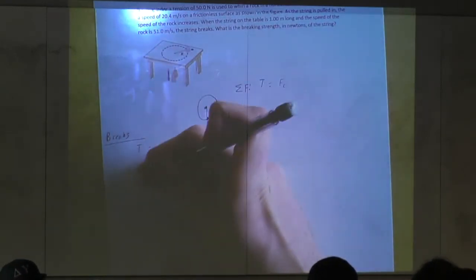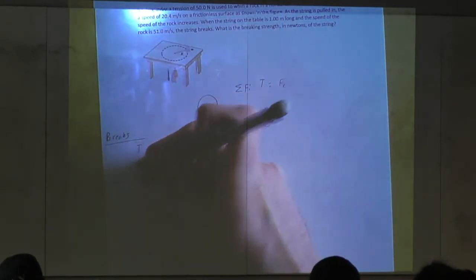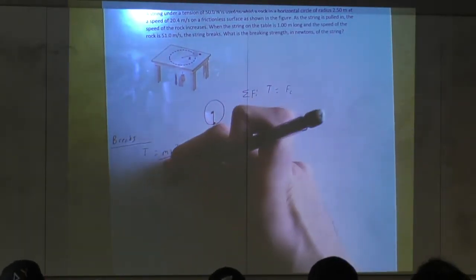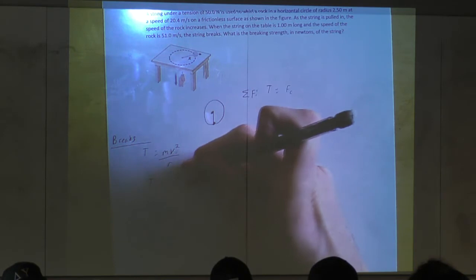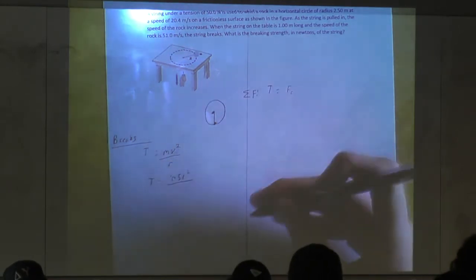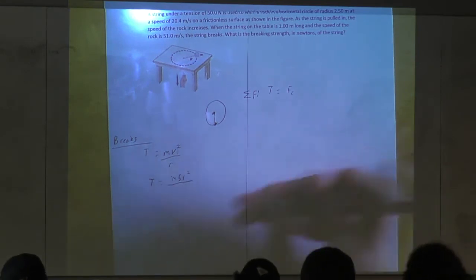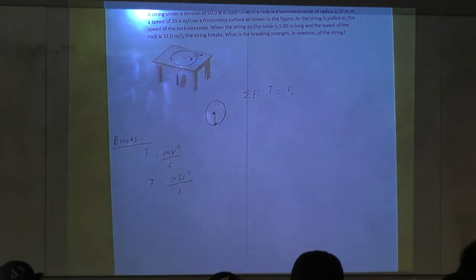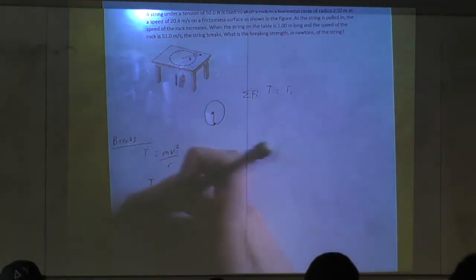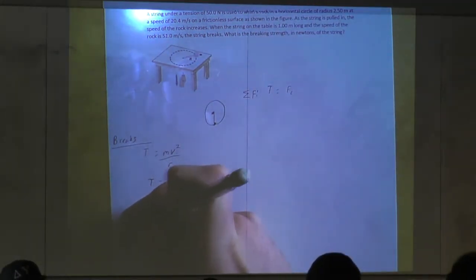We're told in the question the velocity at the new point was 51 meters per second, and we're told our new radius was 1. But it didn't tell us our mass. So we have to solve for our mass somehow. Well, fortunately, this problem gives us the conditions before we tightened the string. So now if we look at initial